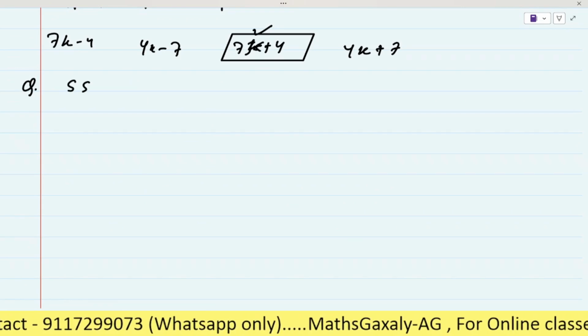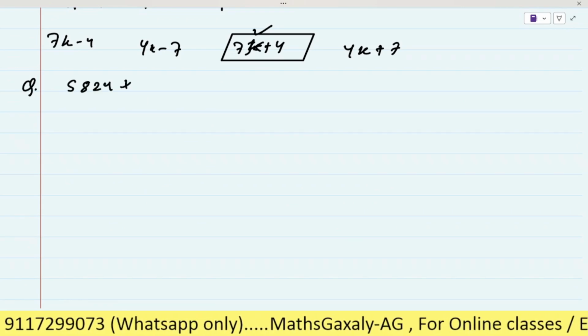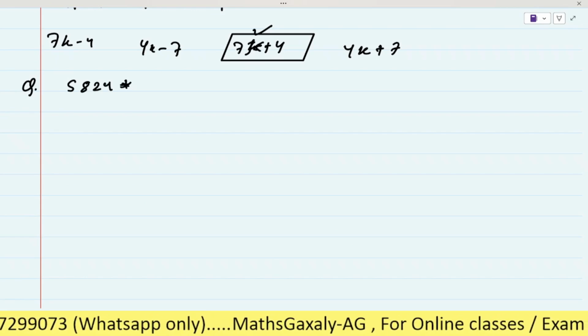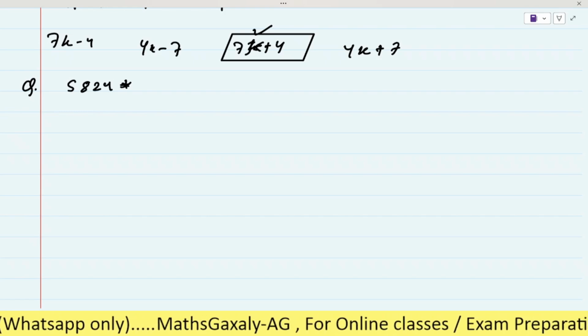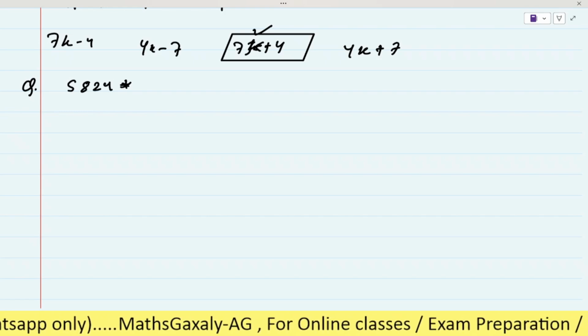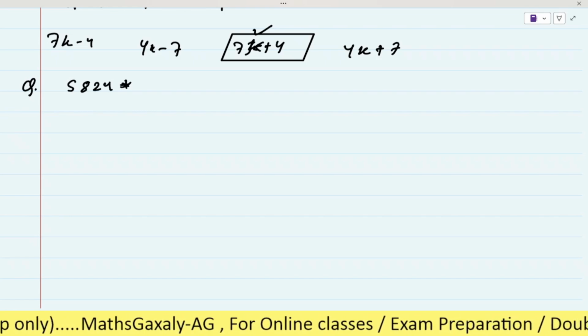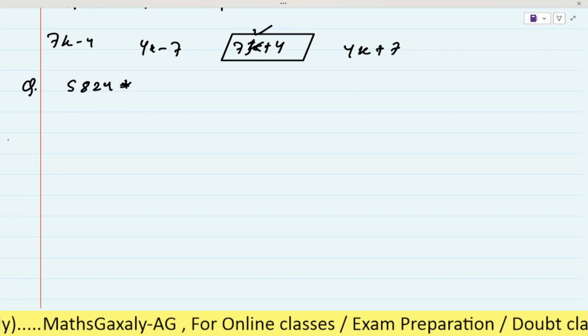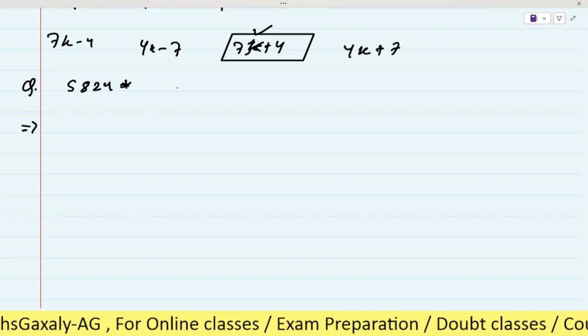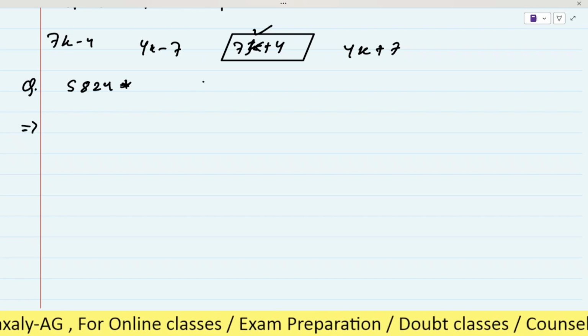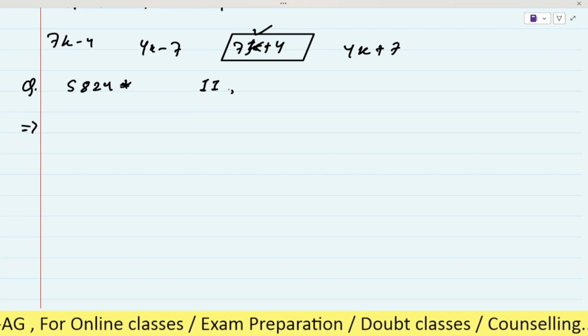Let's see here. If 5824 star is divisible by 11, then what will be the value of star? Just try it by yourself. If 5824 star is divisible by 11, then what will be the value of star?